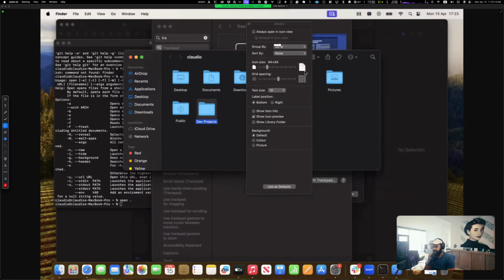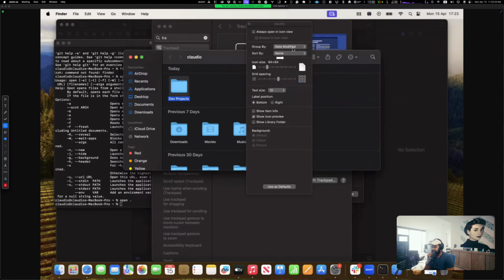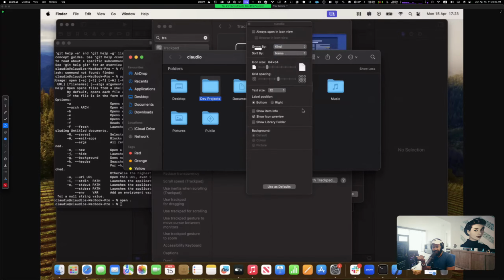And then you see where it says group by. You can group it by whatever you want. I normally go by kind, but you could do that too. Then you can change the sort order. I would normally do kind, and then sort by either name or date or something like that. And then say use as defaults. And what that'll do is ensure that